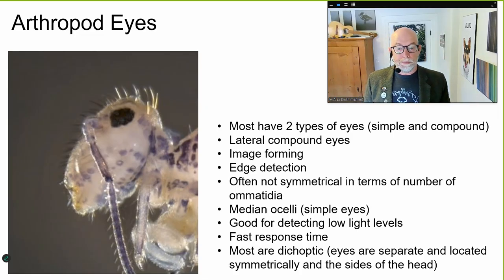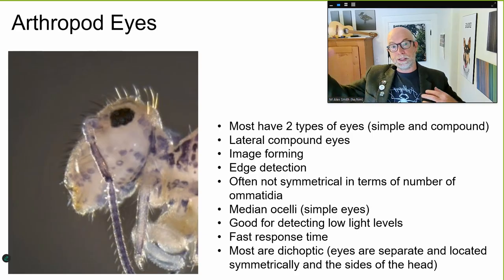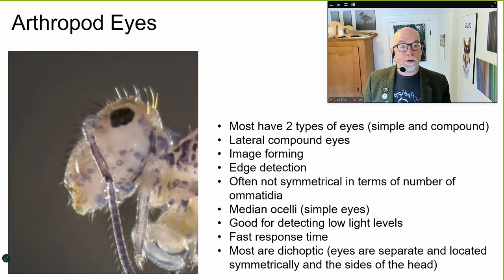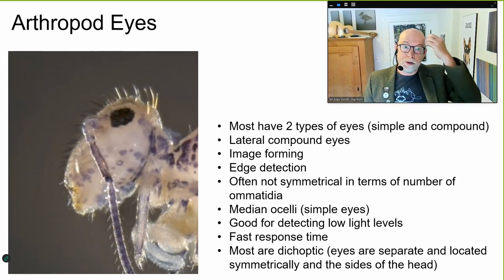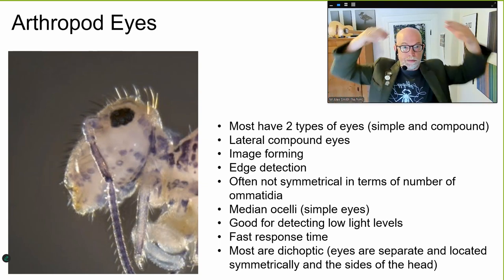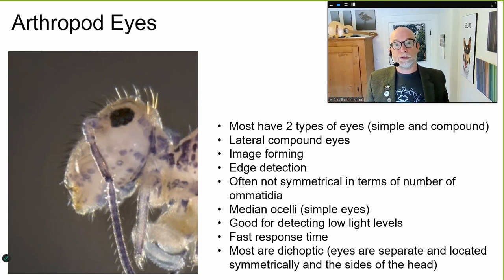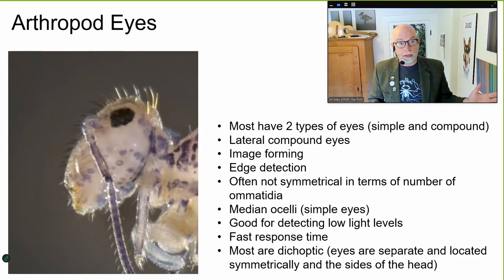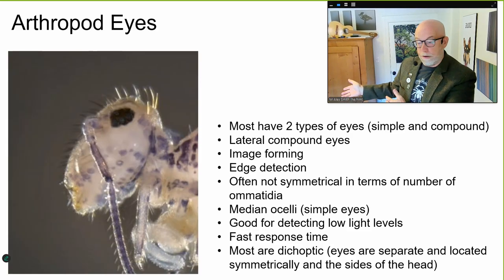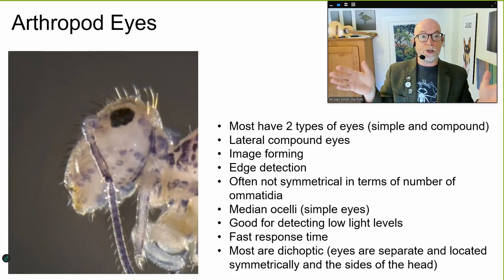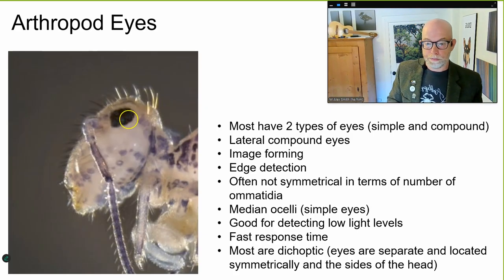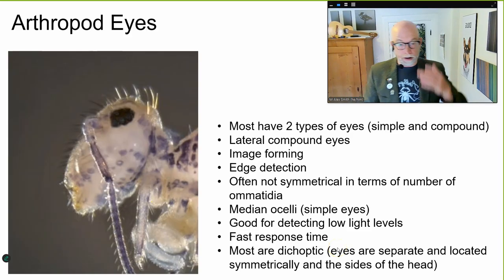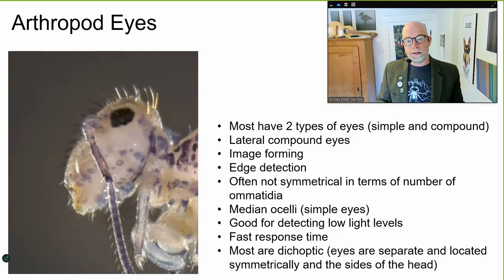Because of the physics of how light is being transmitted through those ommatidia, they're often not symmetrical. We see different regions of the eye where the ommatidia are shaped differently, individually and in how they're packed together in relation to each other. And this has to do with being able to use different parts of this massive organ for different things. And in fact, as you'll see, some of them have different sensitivities to different portions of the electromagnetic spectrum. So the simple eyes are great for detecting low light levels, and together they provide a very